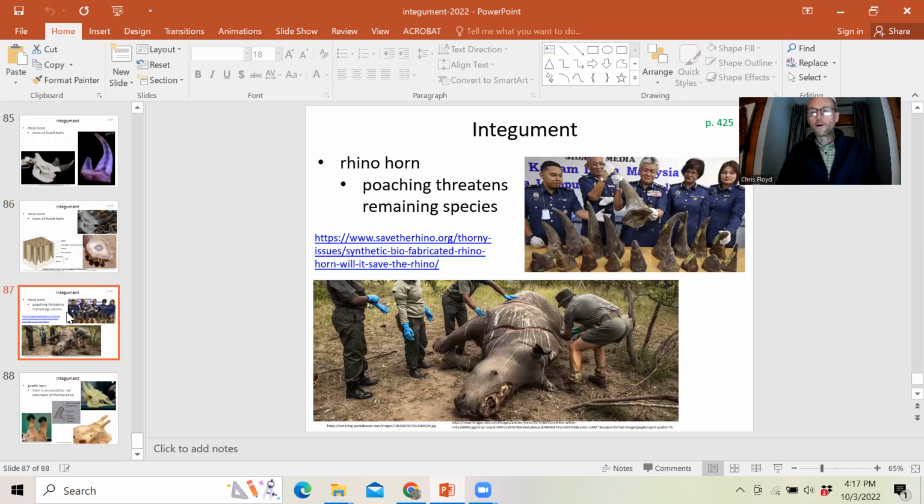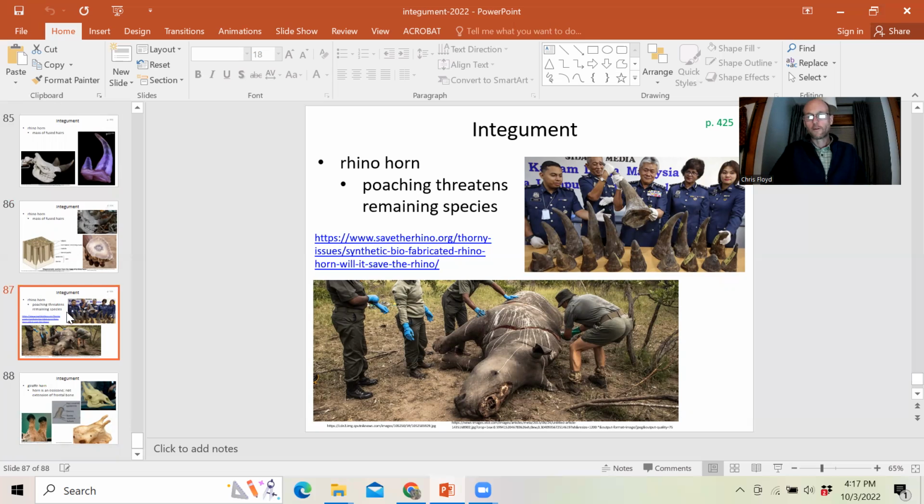What do we do about this? Obviously, increase law enforcement, education, outreach, but it's very hard to stop the rhino poachers. They're very determined. They'll walk for many, many miles, and they'll hide in an aardvark burrow for days if they have to. So the only way they can do it really is basically have a militarized patrol in these parks, but there's been some creative things they've tried, which is, for example,